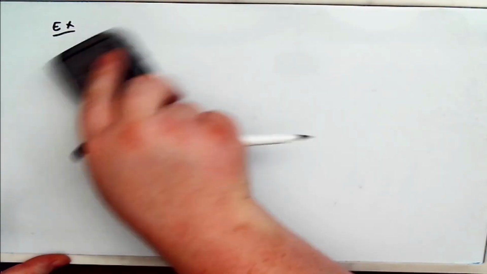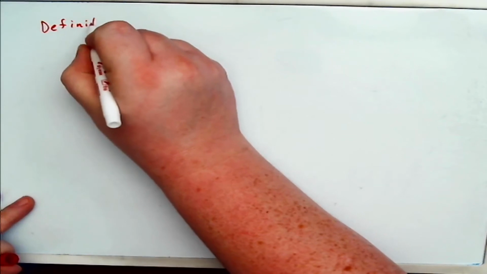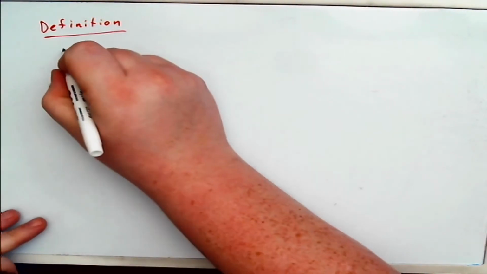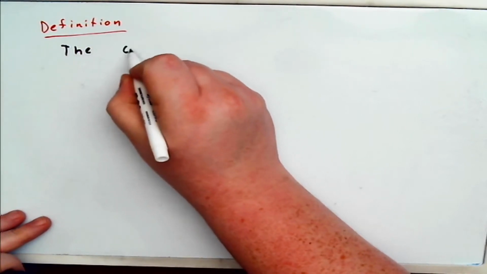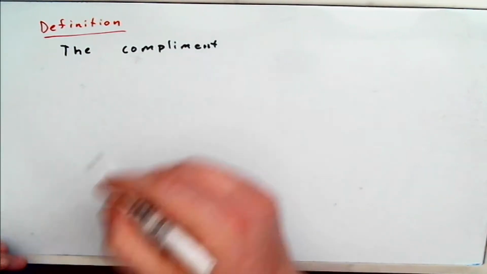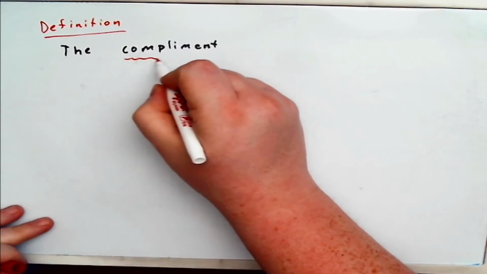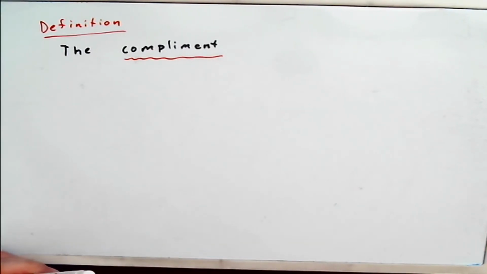Now the next operation is going to be the last operation we talk about today. A very important operation, okay? And it's the set complement, so the complement of a set. Okay, our last definition for today. All right. So the complement, and again, this is what we're defining, so I will underline that. We're defining the set complement, okay,